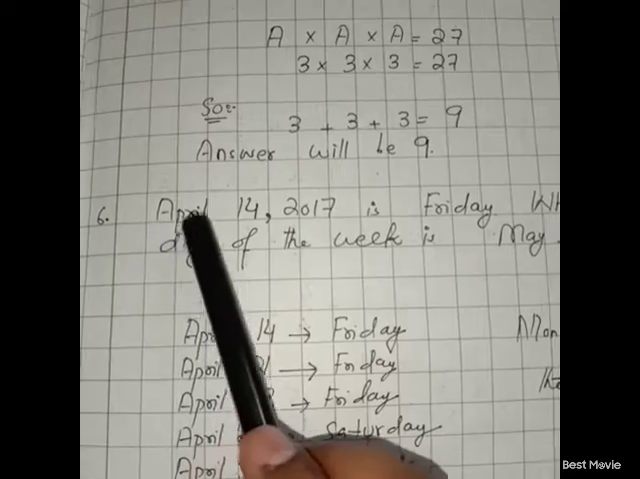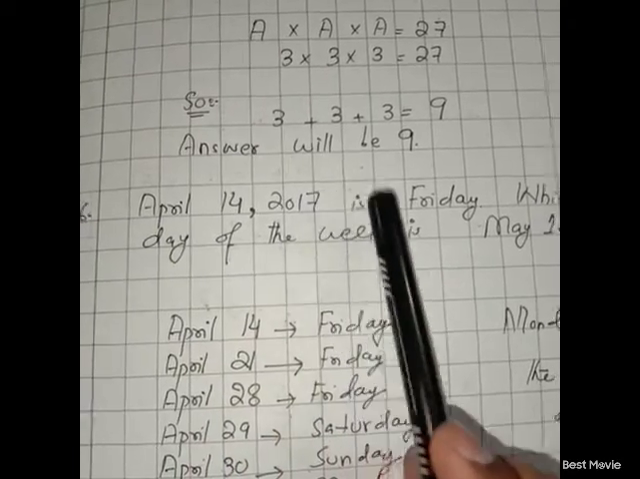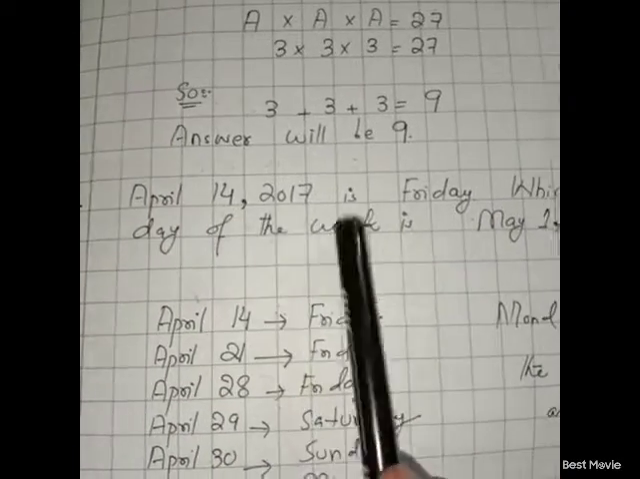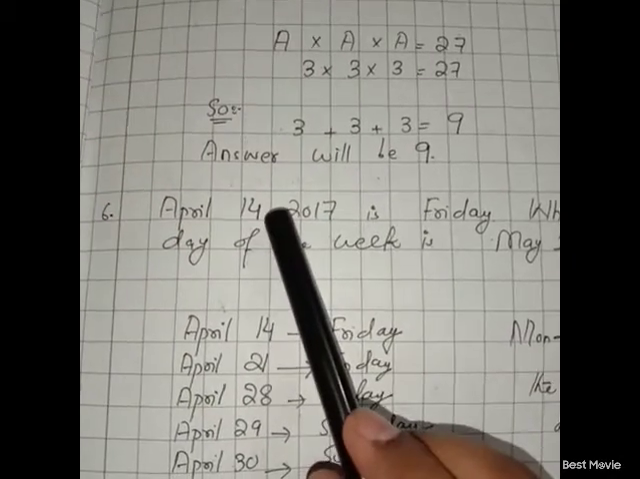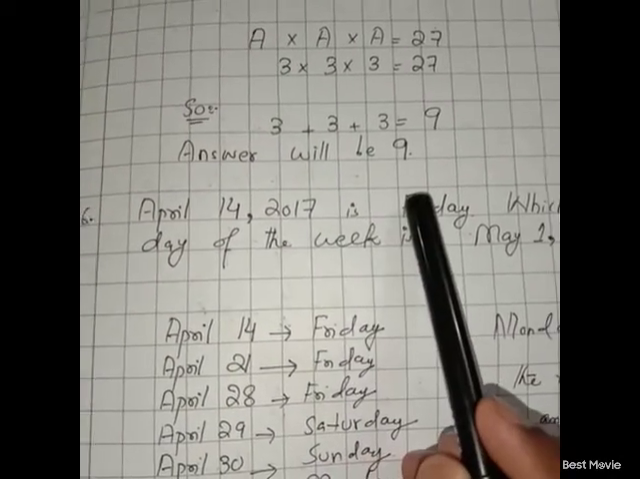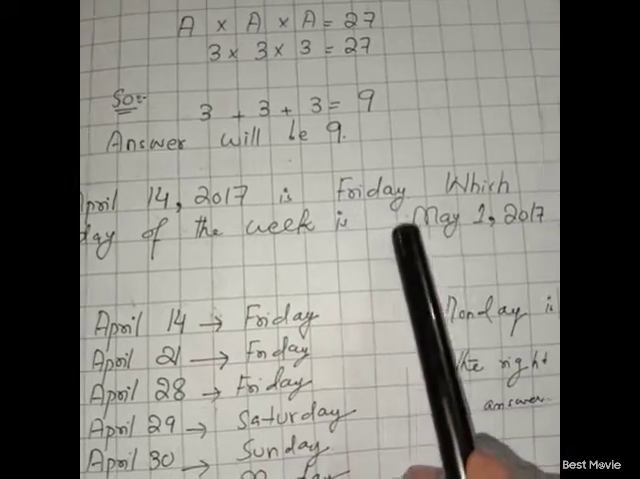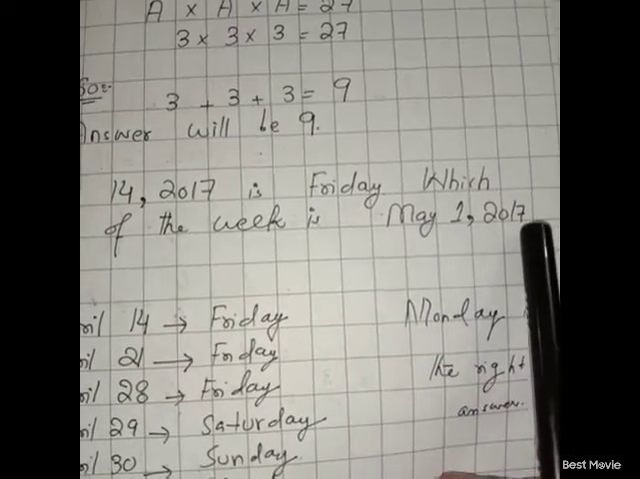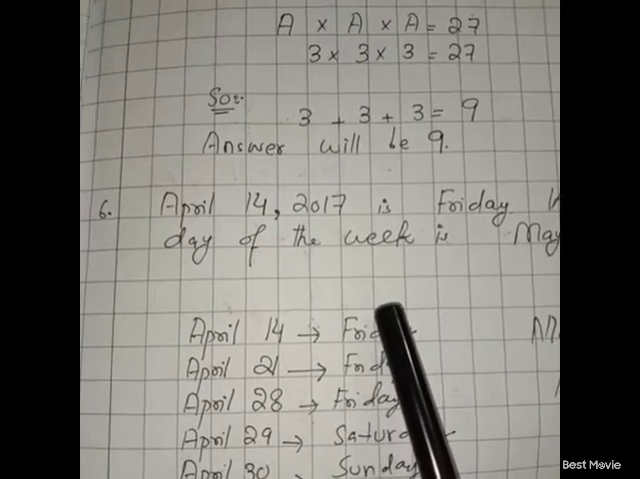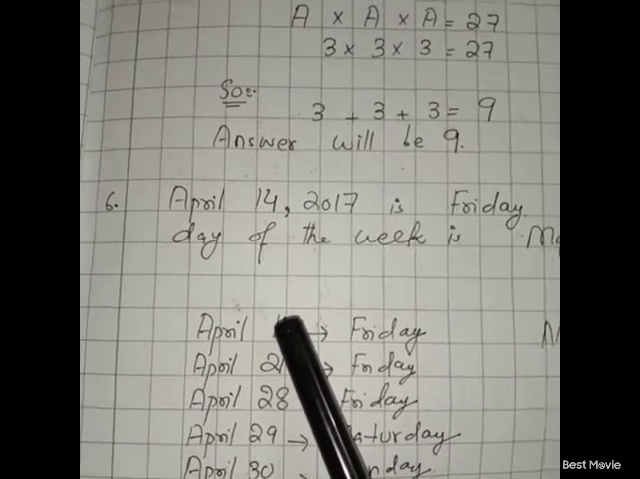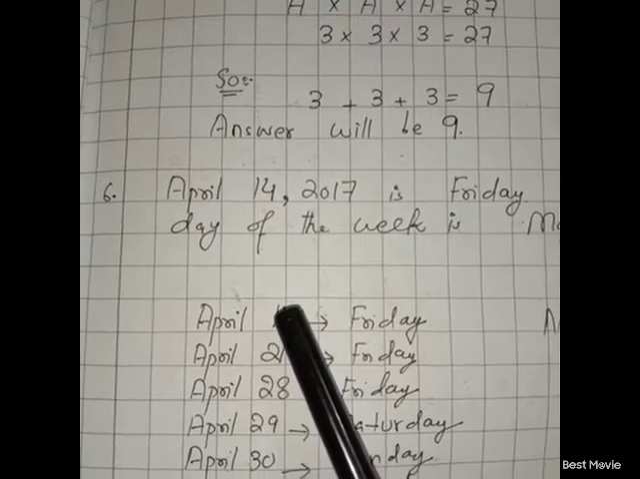Question number 6: April 14, 2017 is Friday. Which day of the week is May 1, 2017? April 14, 2017 is Friday, and which day will be on May 1st, 2017? If we look at the number, April 14 is Friday, so after 7 days, as we know,